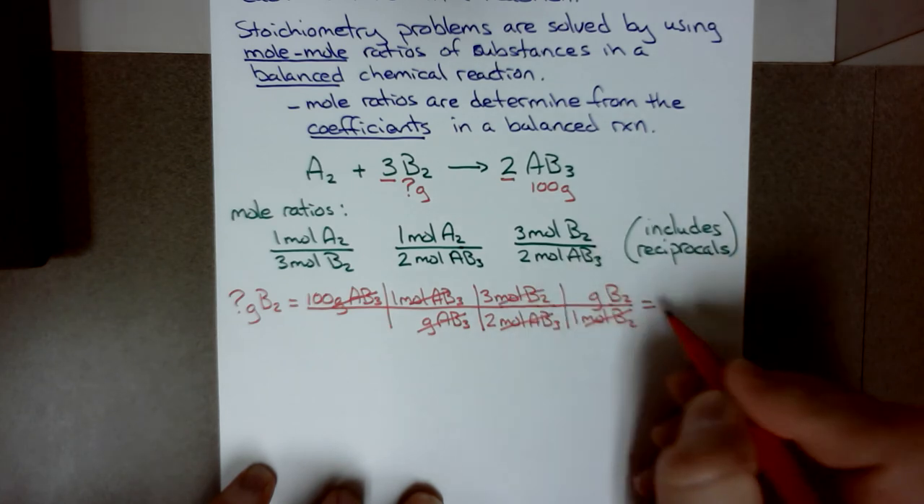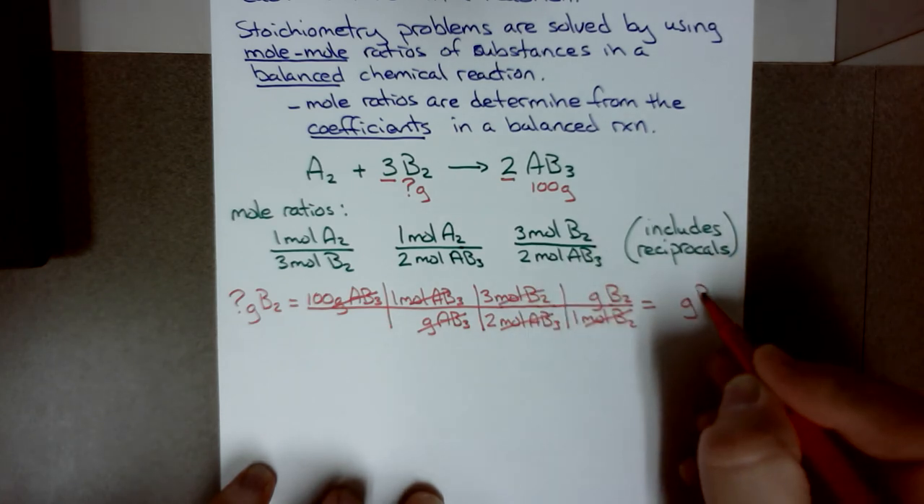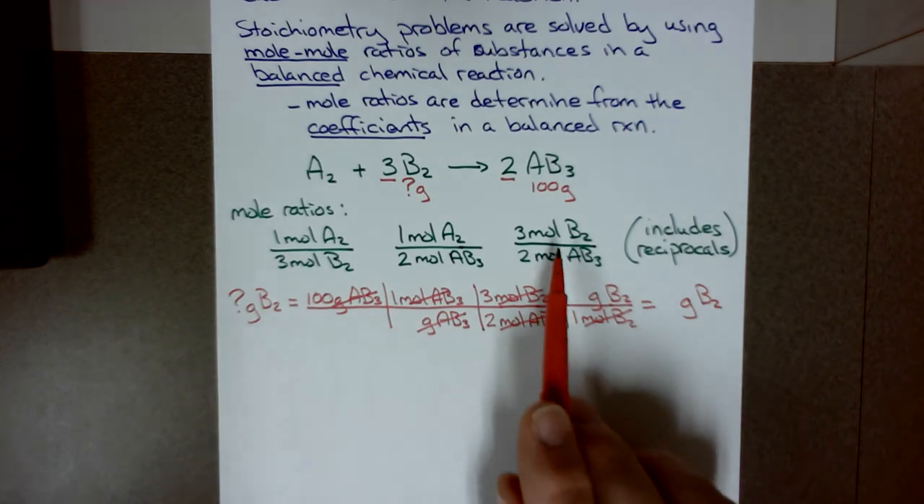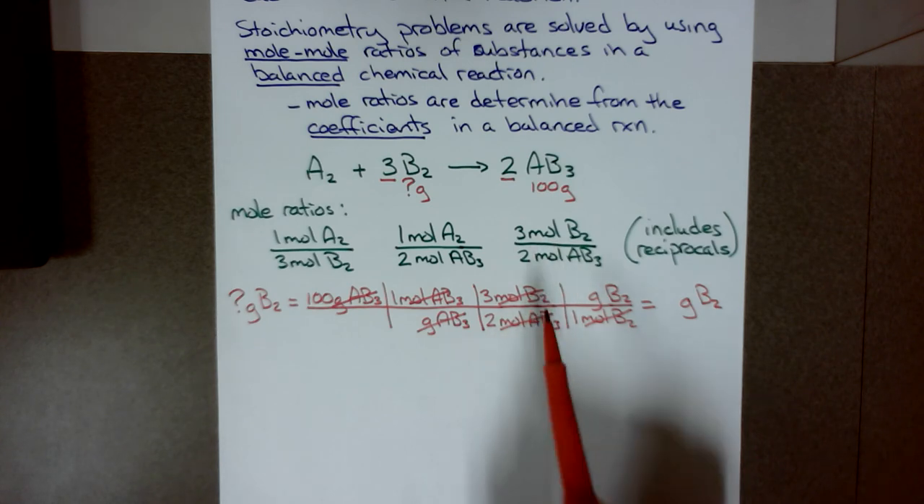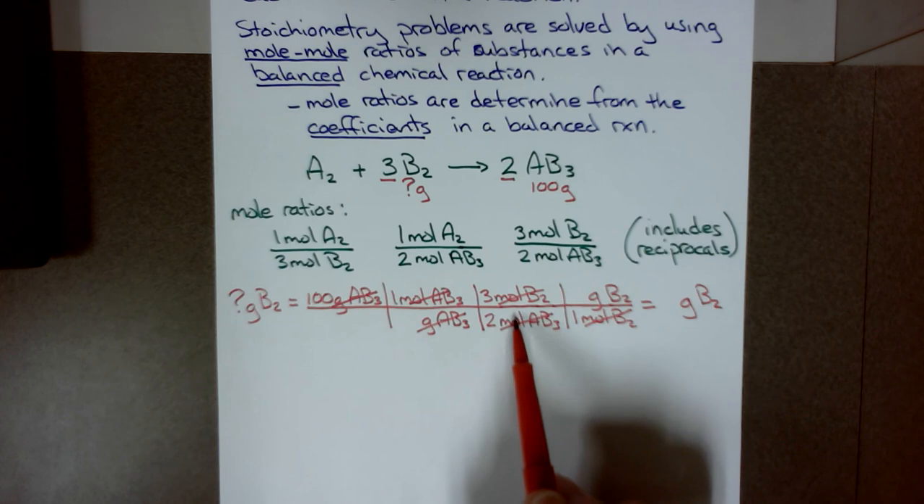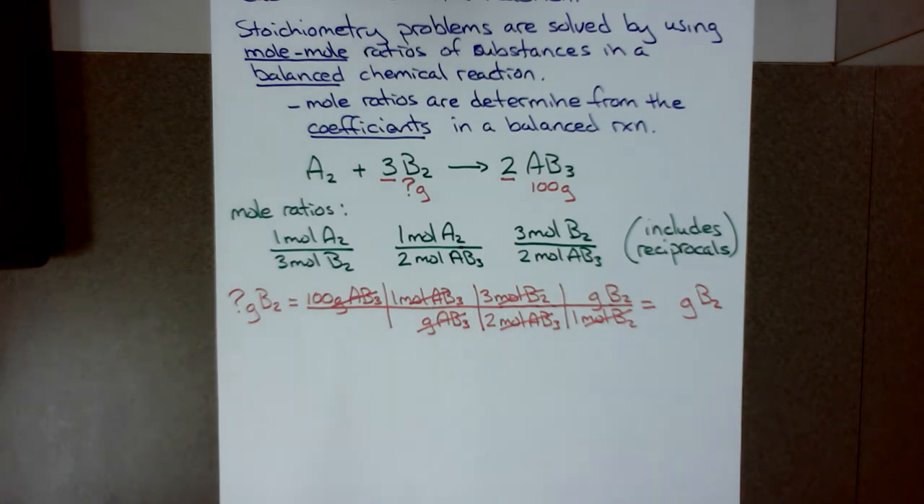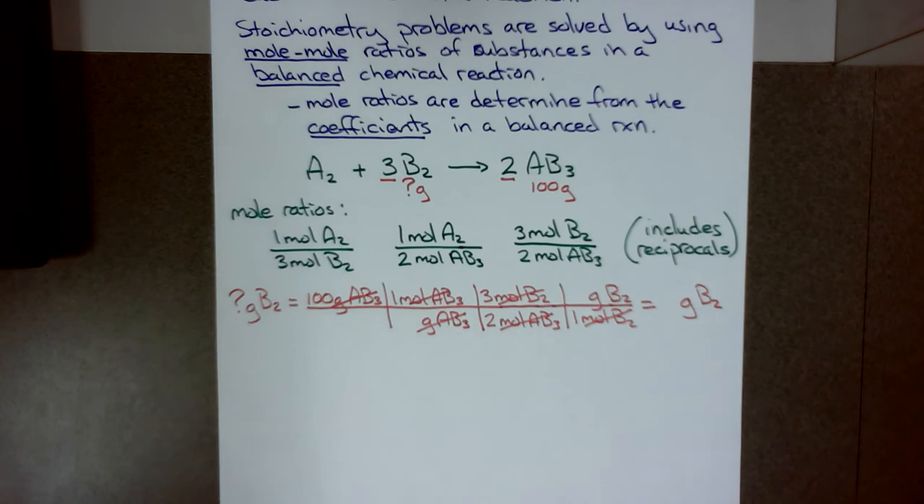And so I end up getting the mass of B2. So I'm using this stoichiometric ratio of 3:2 moles, but I'm using the reciprocal here because I had moles of AB3 on top. Now if I wanted to do the actual